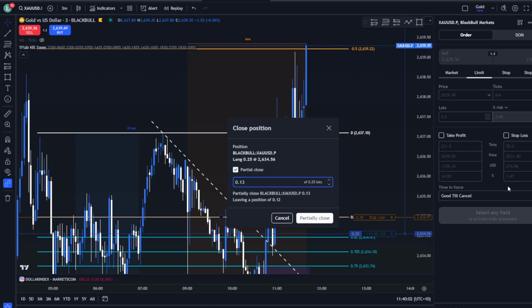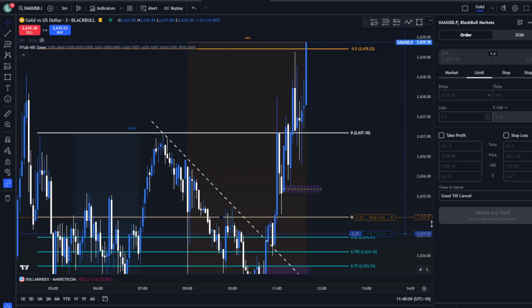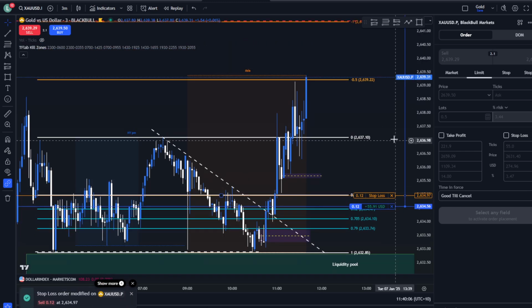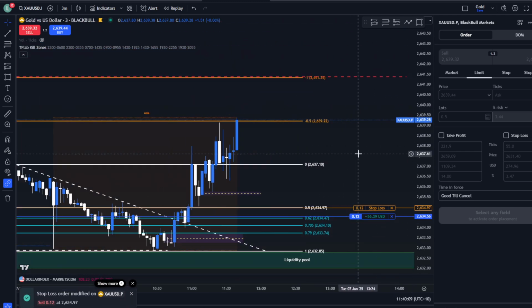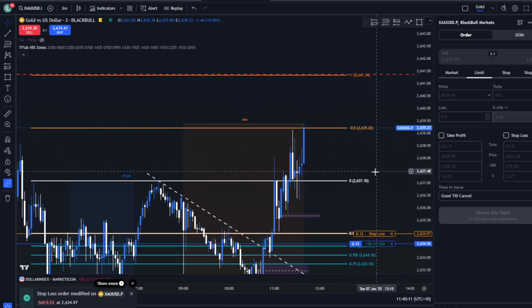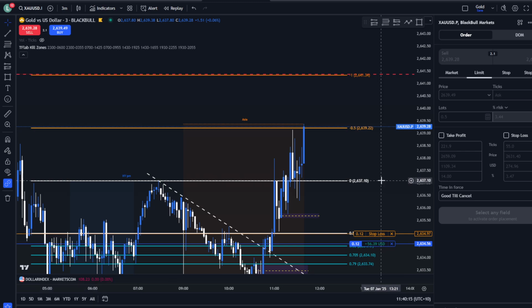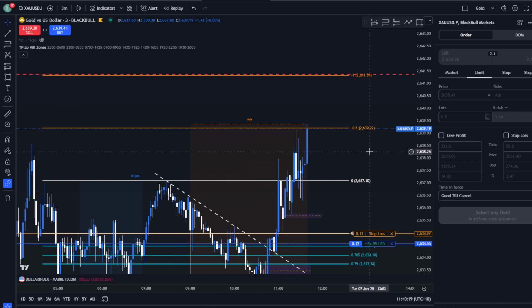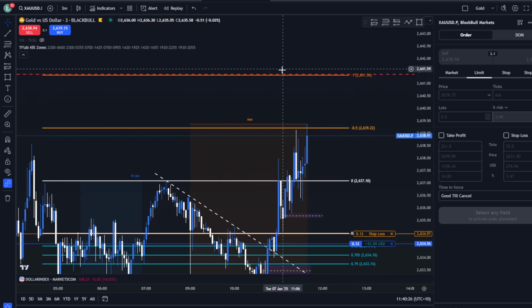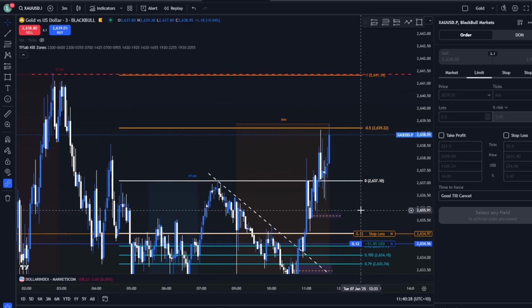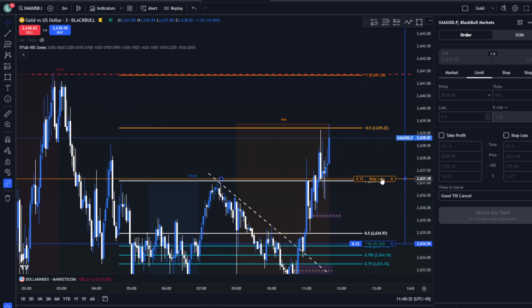So here we go. So I've taken another partial. And this is what I mean. When price is showing you that it's just wanting to take out buy side liquidity over and over again, you want to be holding on to that. You want to take out your profits at your key levels, take your partials, and then move your stop loss up. But